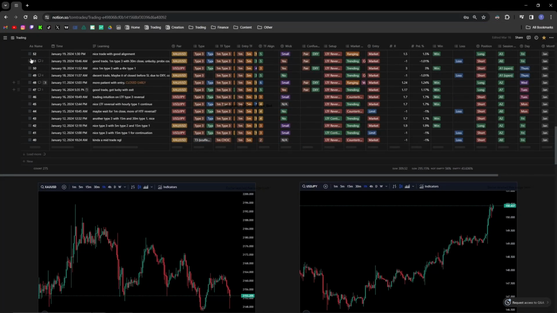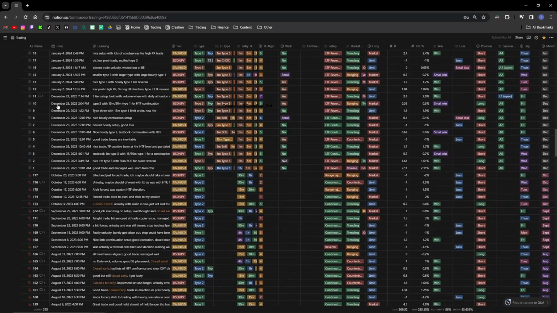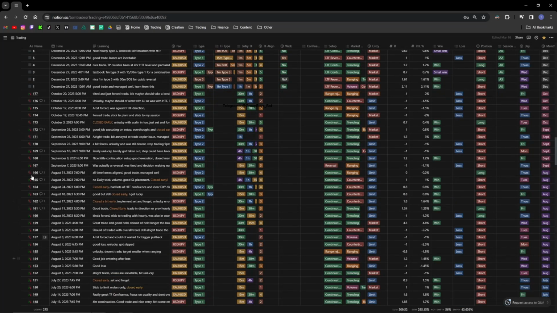These little black dots are my latest iteration. If I go back further in the journal, these icons are a bit different, and you might see that I lost a bit more as well.